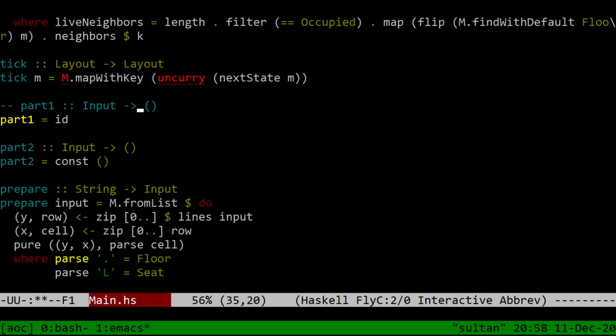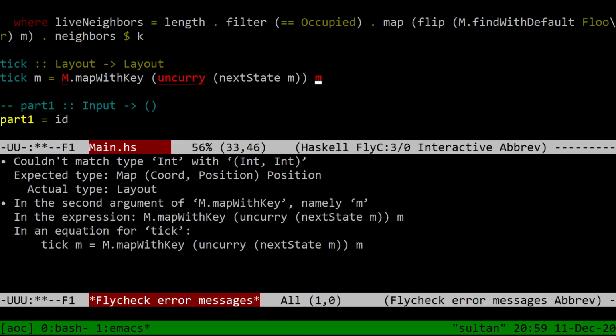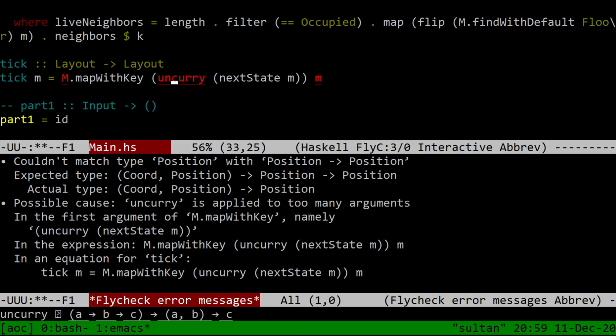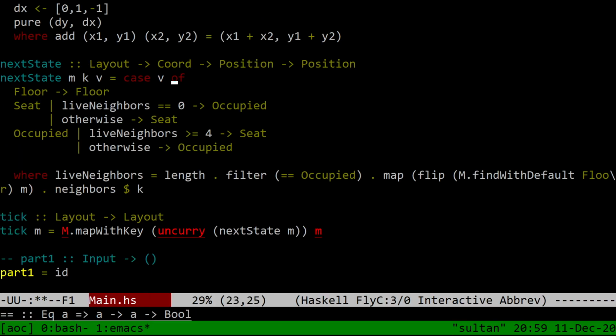I have to apply this to m. It's worse now. What's wrong here? Next state, when applied to a map, yields a function from coordinate to position to position. Map with key, and if we uncurry that, we get a function from pair of key or coordinate